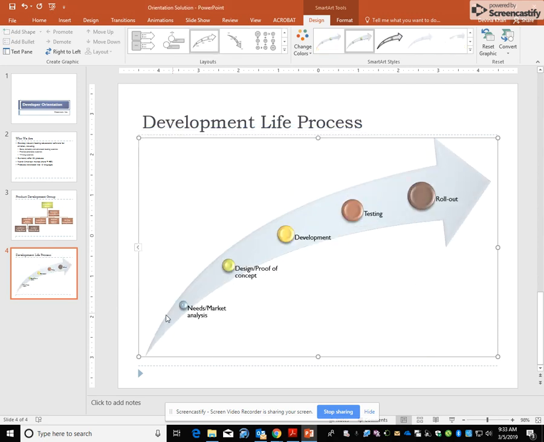Okay. Wow, what a beautiful graphic. And so we've actually changed what our SmartArt graphic looks like. We're going to click OK and then save, and we're done with that. And now we move on to step number,